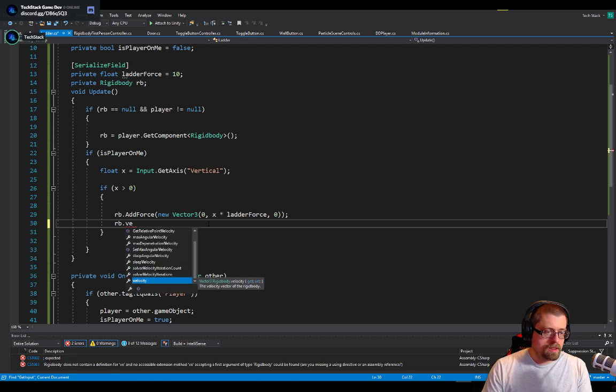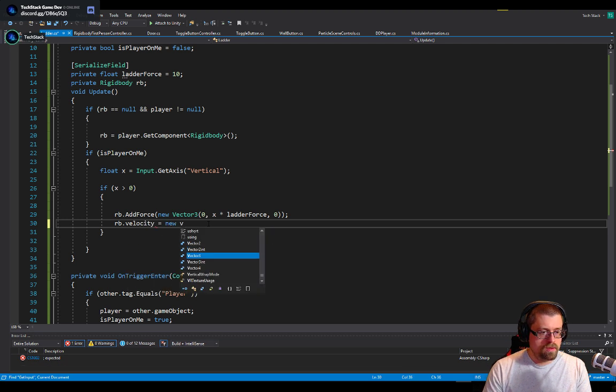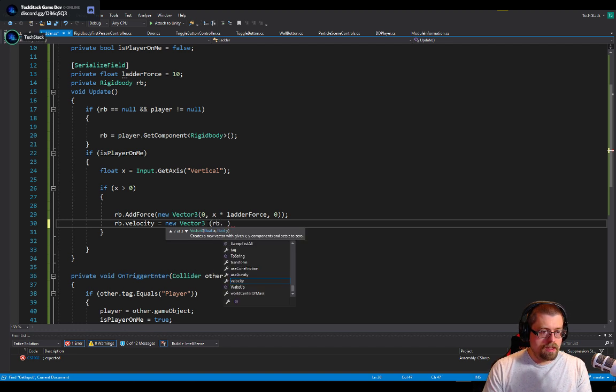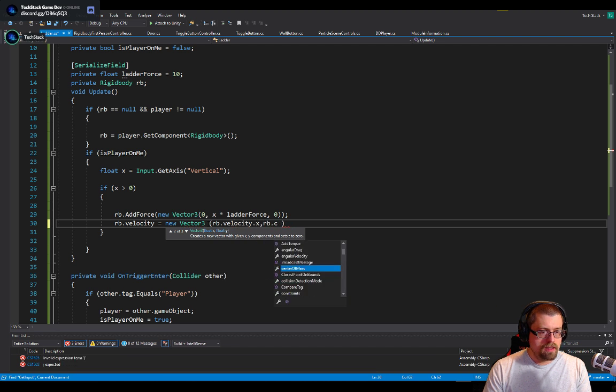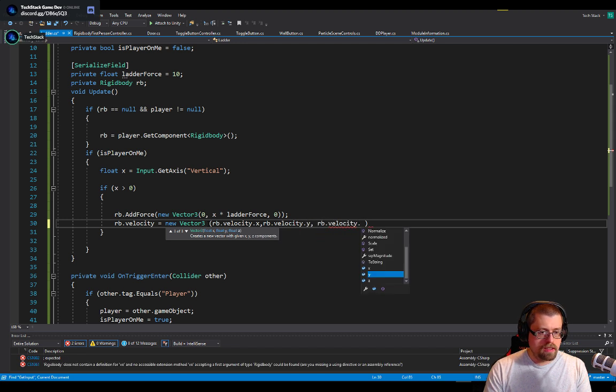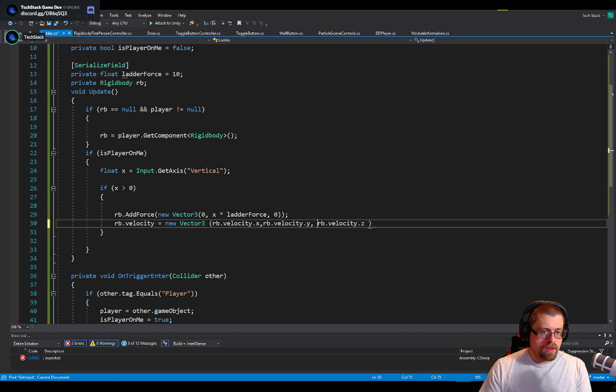Dot velocity. You are a vector 3. Yes. So equals new vector 3, and rb.velocity.x, rb.velocity.y and rb.velocity.z. But on this one,